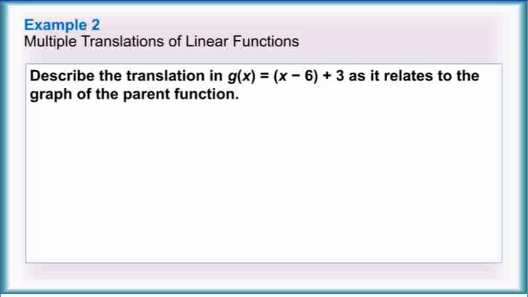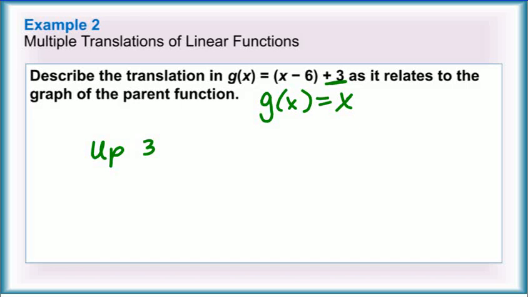In example 2, describe the translation in g of x equaling (x minus 6) plus 3 as it relates to the graph of the parent function. And our parent function is g of x equaling x. We have two translations, right and left, and then up and down. So first off, this plus 3 here tells us it's going up 3. And here,